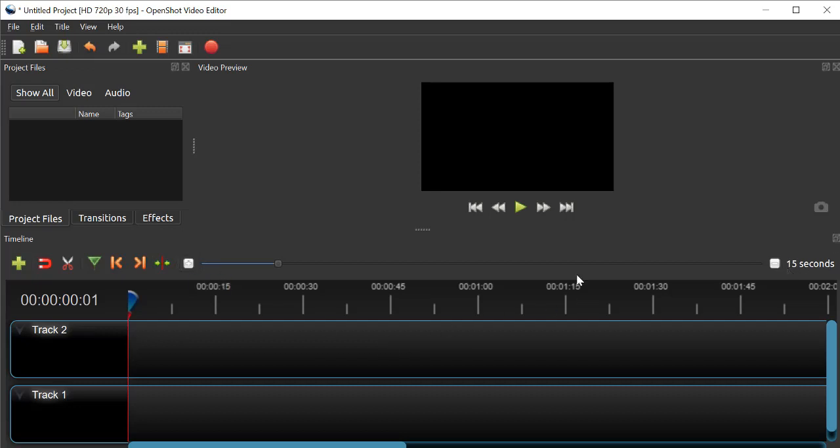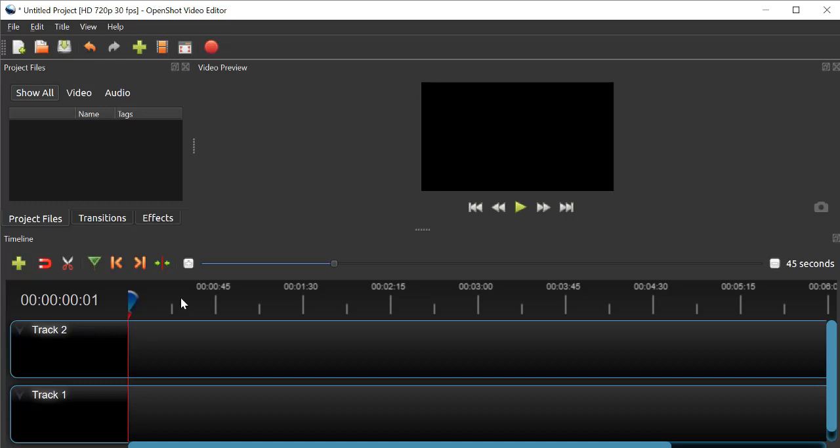This is the zoom option, for example this is the 15-second zoom option, so you can zoom it, you can reduce the zoom, you can increase the zoom like this. You can see here it comes in the form of times, per 20 seconds, per 30 seconds, like this. So you can reduce or increase this zoom also, and you can see changes in this timeline. Okay, so I will stop here.